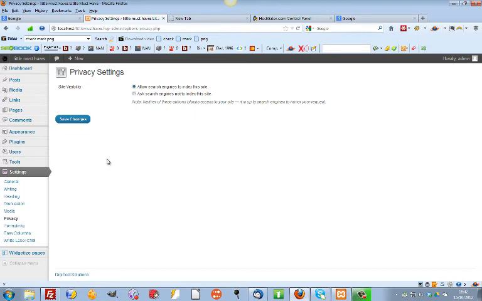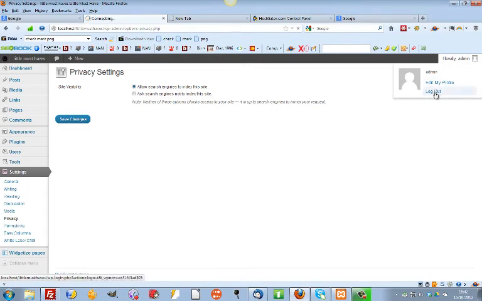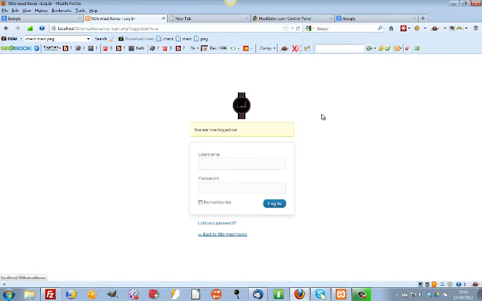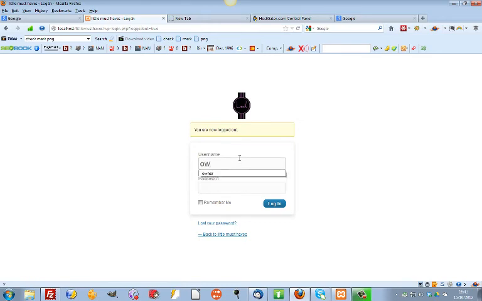So that's a quick run through of how to edit the capabilities of your client and how to white label it. What we'll do now is we'll log out and we will log in as the owner, and you can see here that already the default WordPress logo is gone. And if we put in the name, owner, and password and click login,